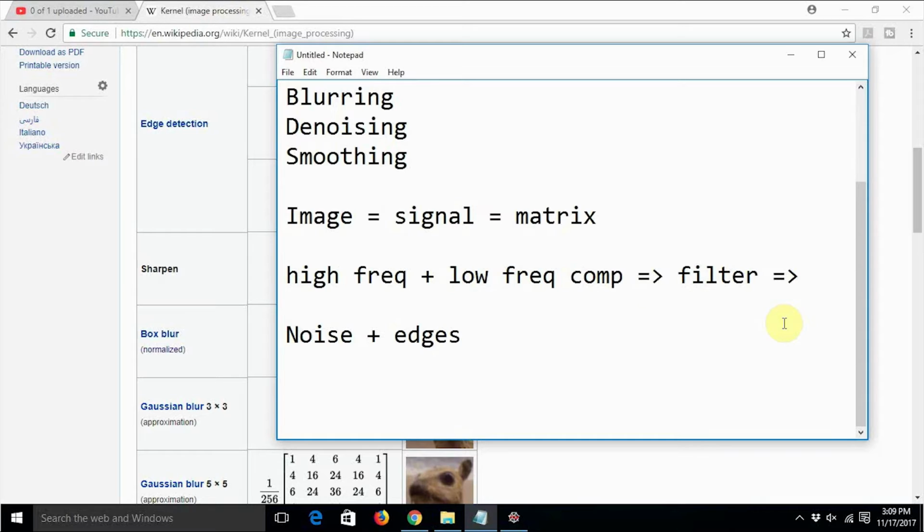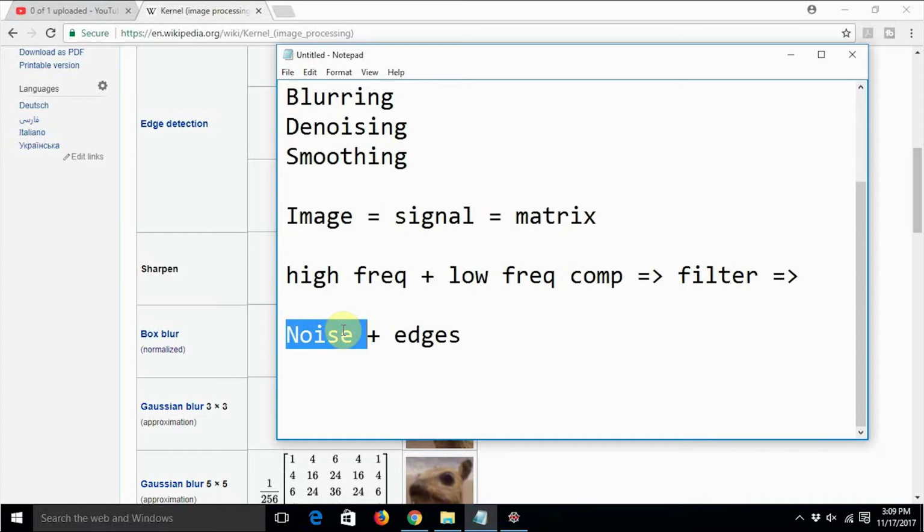Examples of high frequency components are the noise, either deliberately introduced or introduced automatically while capturing, storing, or transmitting and receiving the images. The other type of high frequency component is edges.